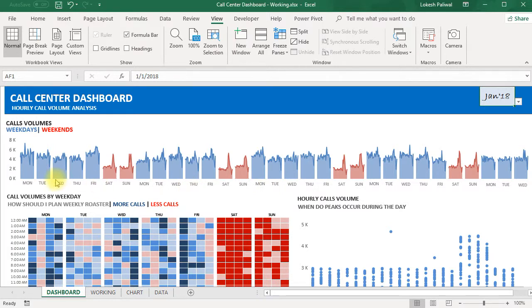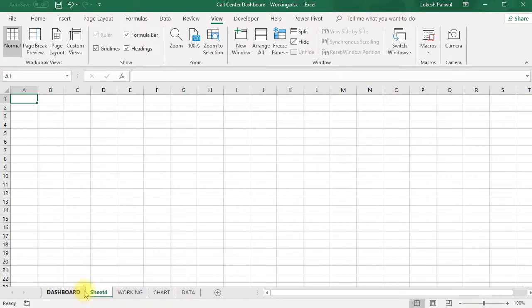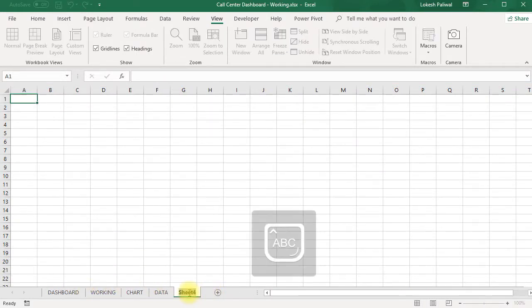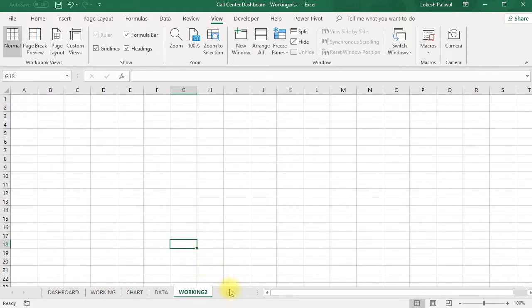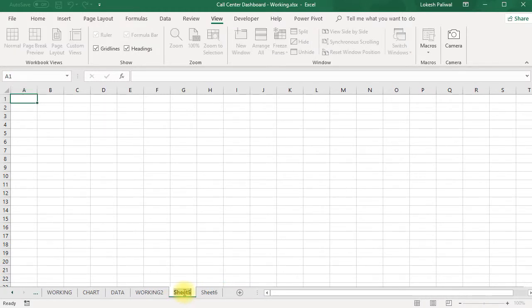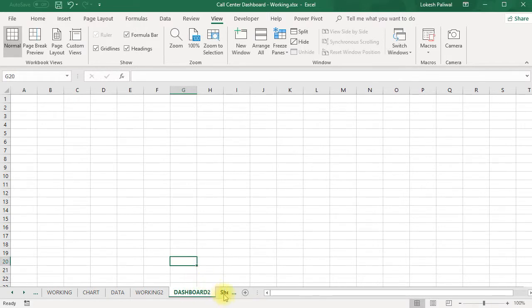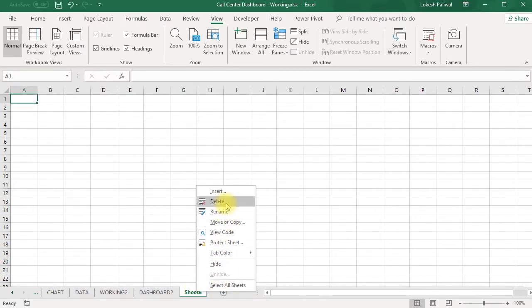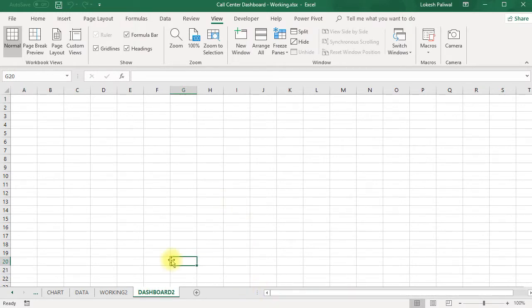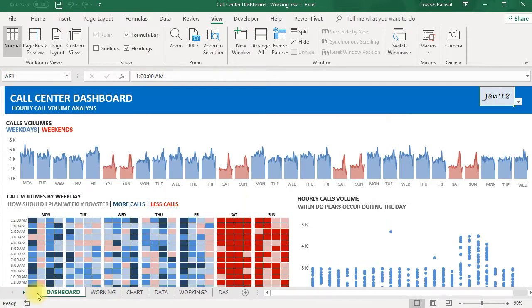Okay, so to perform this, let's insert two worksheets here. One for workings, so let me call this working 2 because we already have one working sheet, and one more sheet here for dashboard. This one I'm calling dashboard 2. I don't need this extra sheet, so right click and delete. Okay, so we have inserted two sheets here everyone, and you can see here for section 1 we have done